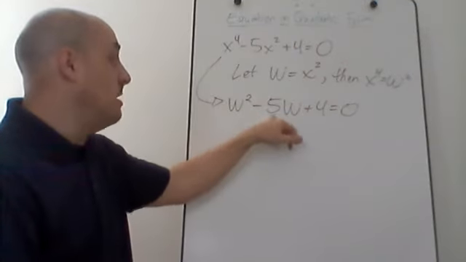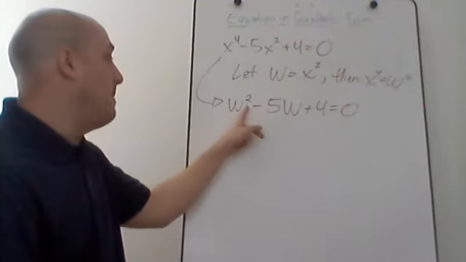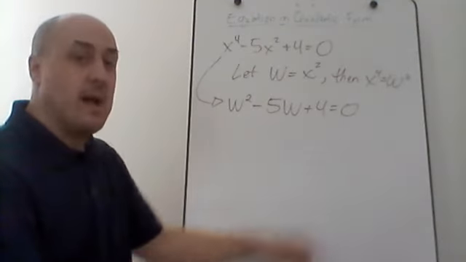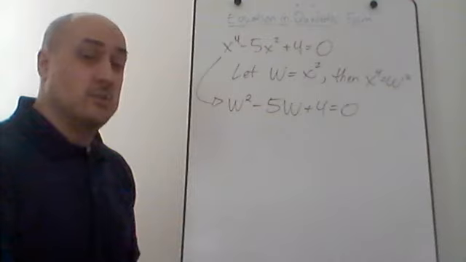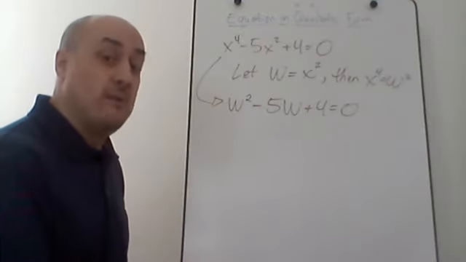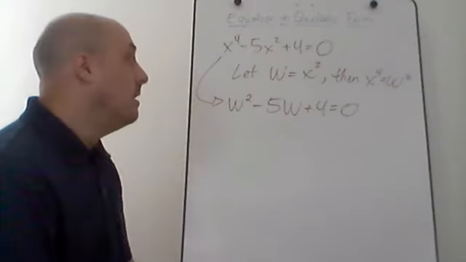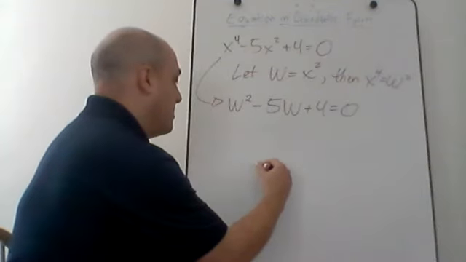Right, now it's w squared minus 5w plus 4. It's a second power, a first power, and then a constant. And now I can factor this or use a quadratic formula to solve it, because now I've turned it into a quadratic equation. Right, and if you had one like this, like I mentioned before, like if you had an